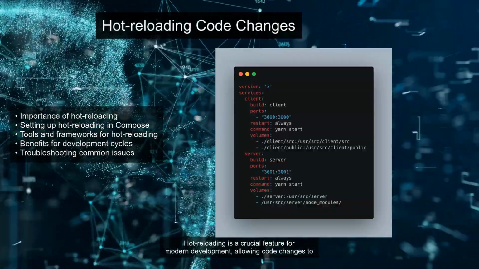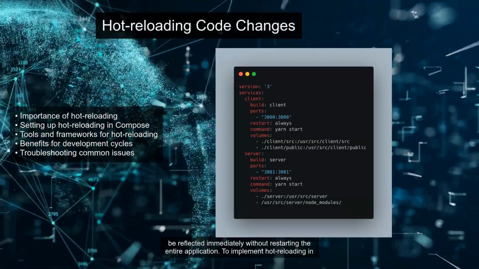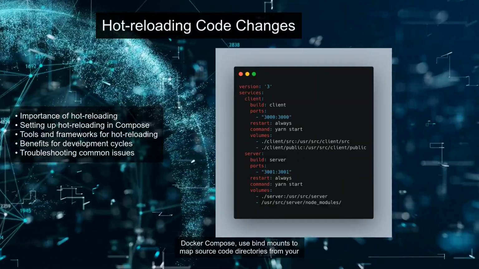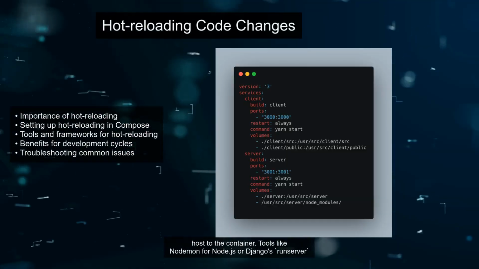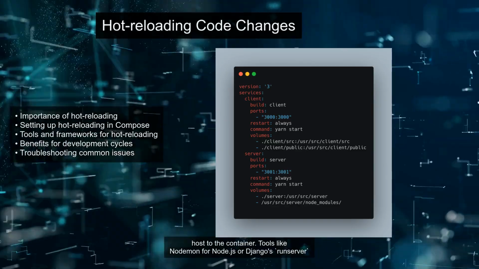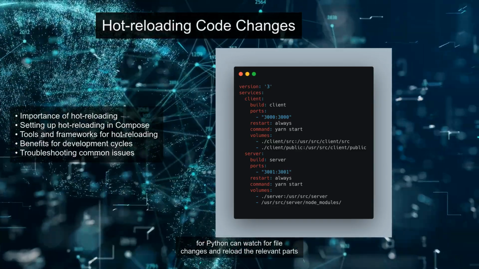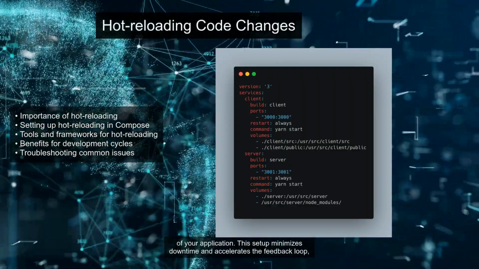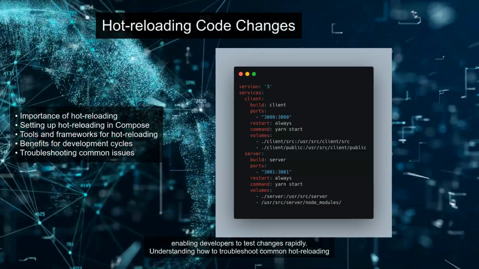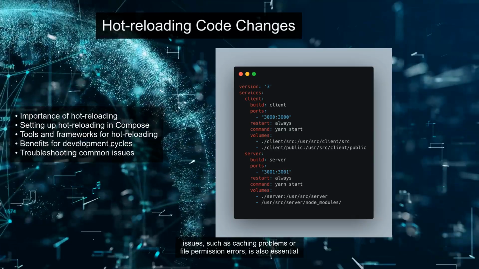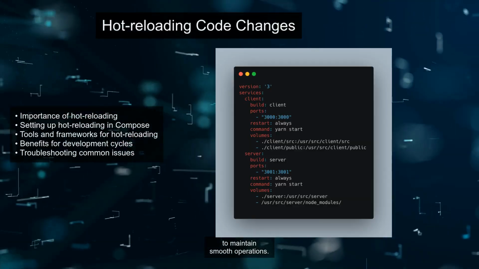Hot reloading is a crucial feature for modern development, allowing code changes to be reflected immediately without restarting the entire application. To implement hot reloading in Docker Compose, use bind mounts to map source code directories from your host to the container. Tools like nodemon for Node.js or Django's runserver for Python can watch for file changes and reload the relevant parts of your application. This setup minimizes downtime and accelerates the feedback loop, enabling developers to test changes rapidly. Understanding how to troubleshoot common hot reloading issues, such as caching problems or file permission errors, is also essential to